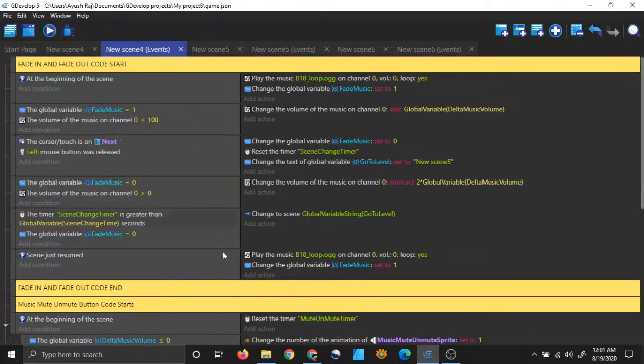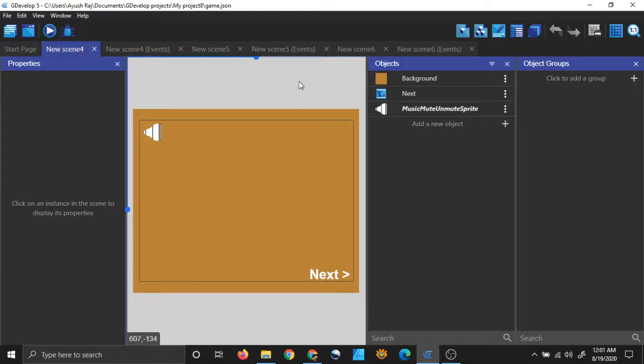And also you can simply copy and paste this code in your scenes and change this and change this, and you are set. You can change the rest of the things also, as I have explained, but you don't have to. So that's how you can implement fade in fade out while changing scenes, and a mute button.